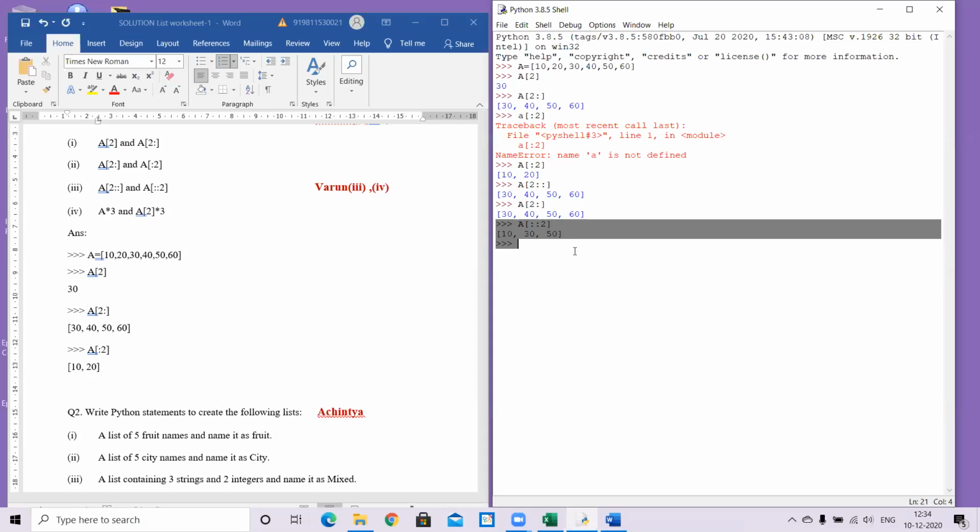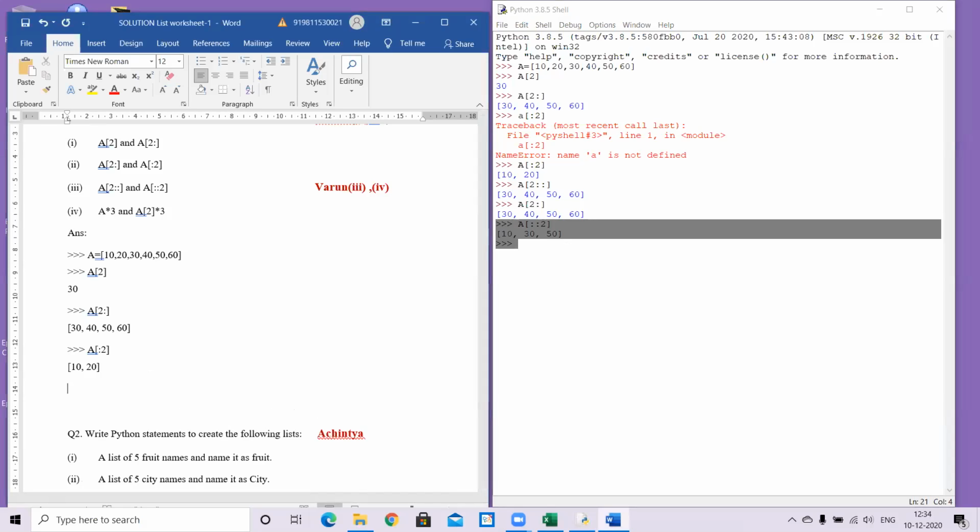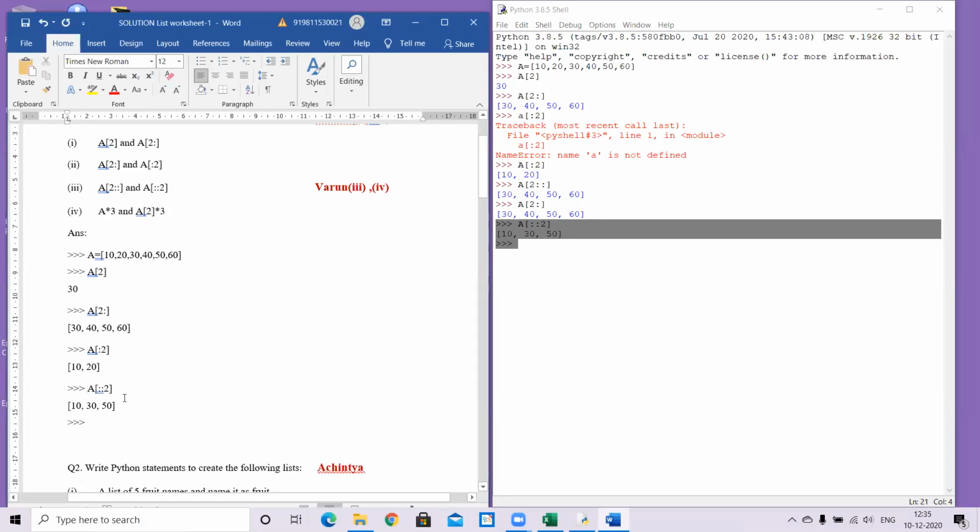So they seem quite similar, but they differ in terms of where the colon is placed. You have to be very careful about that part. Fine. Okay, coming to the last one.